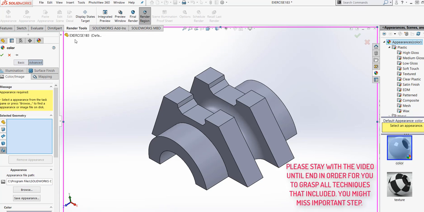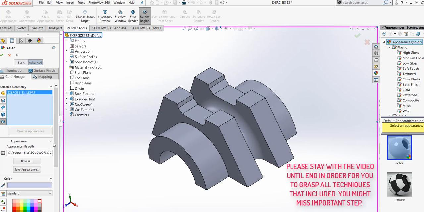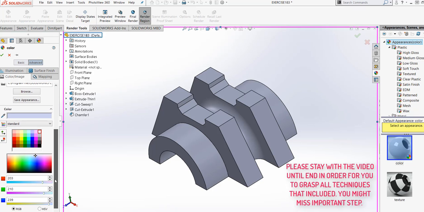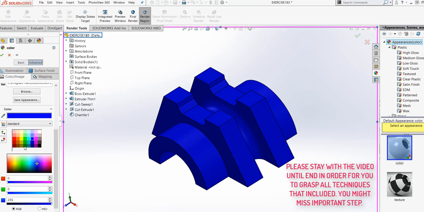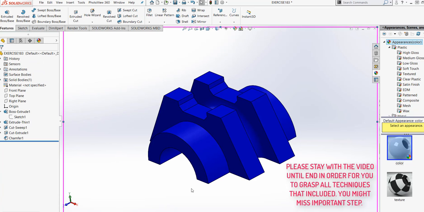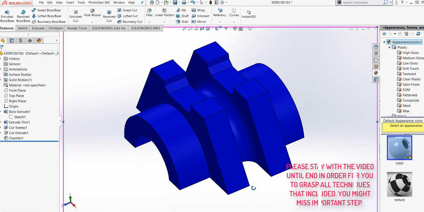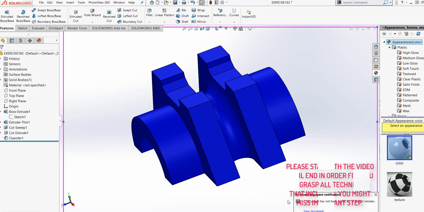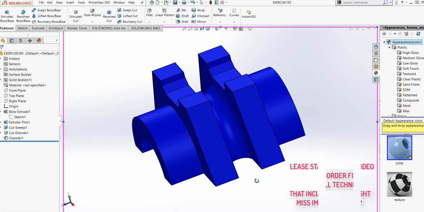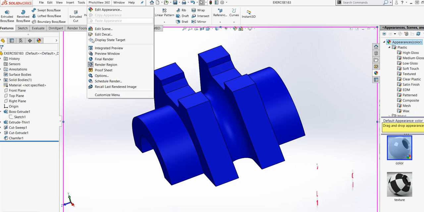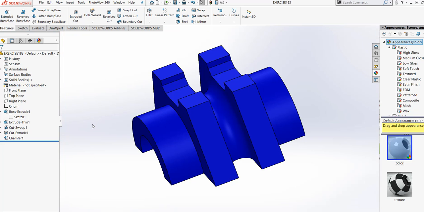Remove that one and put this one. The whole part. Save it. And render.